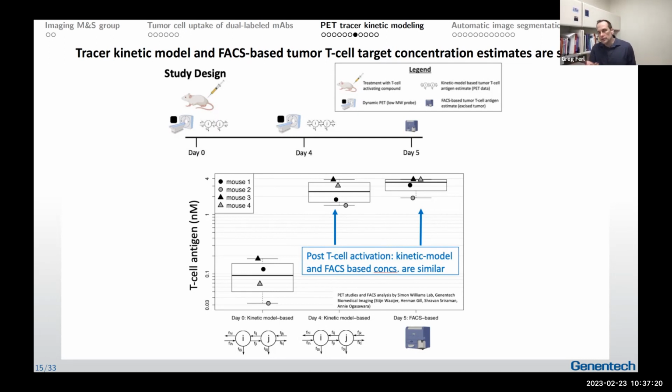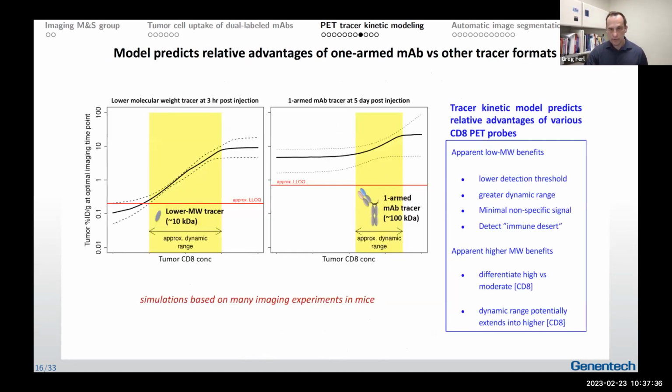And this is, of course, using a non-binding control in conjunction with the CD8 binder. But if you set the bar very high, this shows how much information you can actually extract from PET scans if you have the right data. So then we took this a step further, using the same modeling approach. The question we were asking a while back was, at a high level, how can we expect a 15 kilodalton tracer